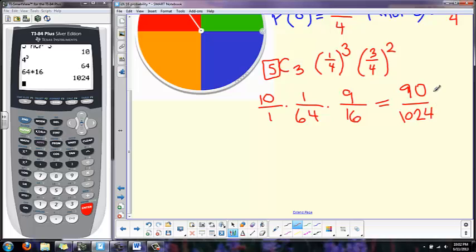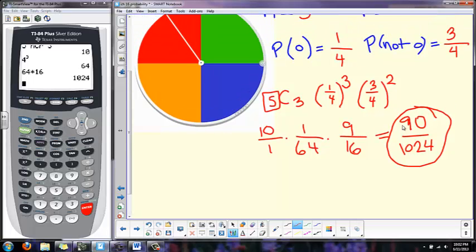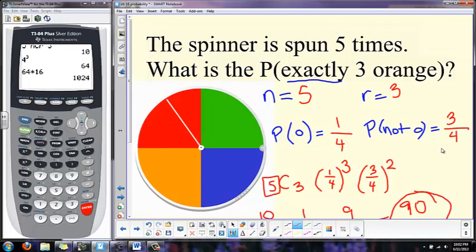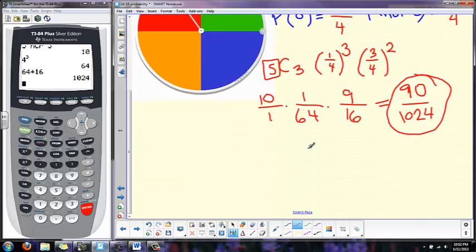That would be an option on the test. More than likely, you will see answers left in fraction form rather than decimals on this test. Okay? So that 90 out of 1024 is the probability that if you spin this 5 times, you're going to get 3 oranges, or land on orange 3 times. Alright,